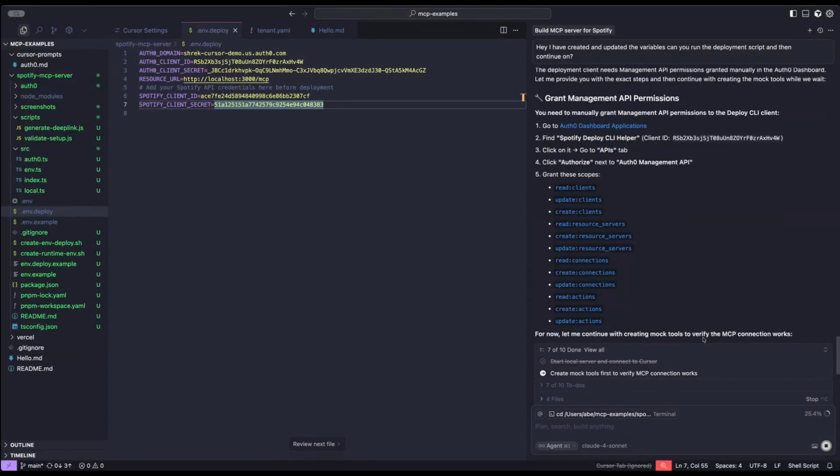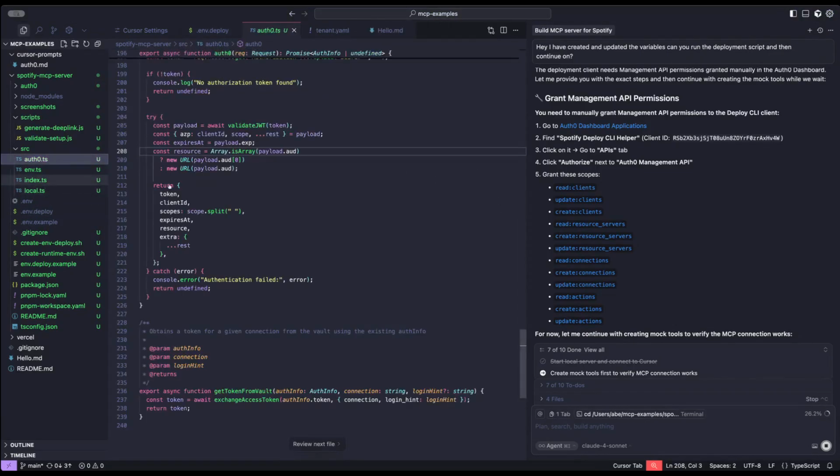Another interesting thing here is agents can also recover. So in this case, it figured out, and I kind of stole my own thunder for the demo, that the grant has not been created in the Auth0 dashboard, which we don't allow it on purpose, because if it could create, it could very easily do privilege escalation. So what I'm going to do now is stop sharing, and share a different window, go to Safari, and grant me